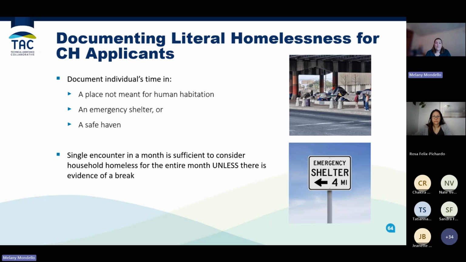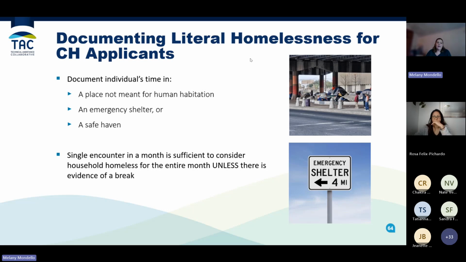People in chronic homeless beds do need to be experiencing literal homelessness. So places not meant for human habitation, shelter, safe haven. Again, here emphasizing a single encounter in a month does meet the standard. It is sufficient unless there's evidence of a break. If you can see, oh, this person got housed, right? If you know that, that's different. But if there's no